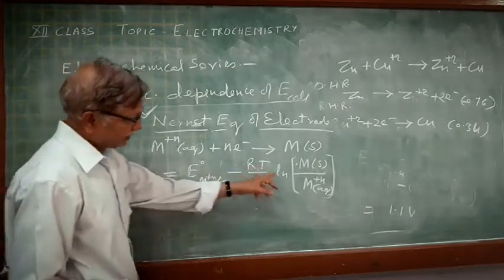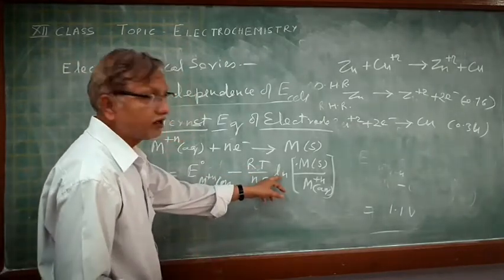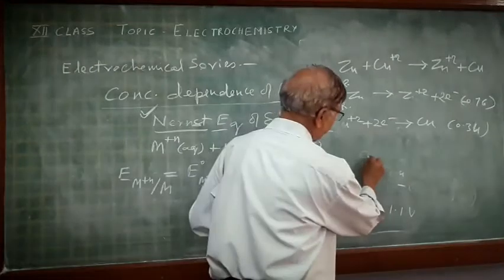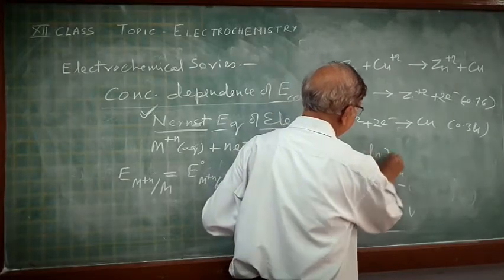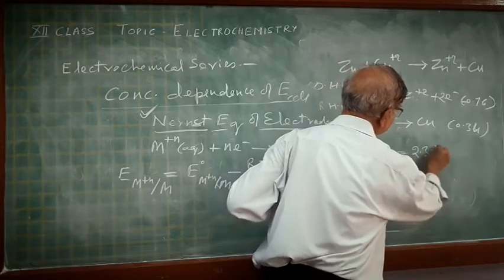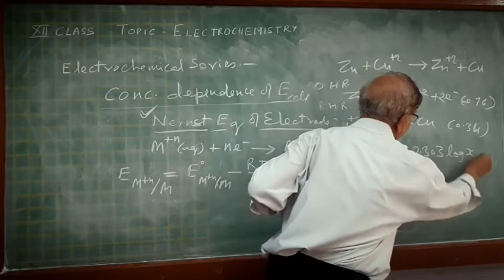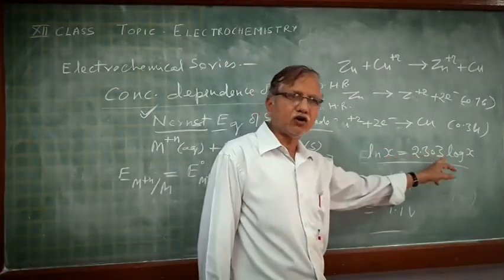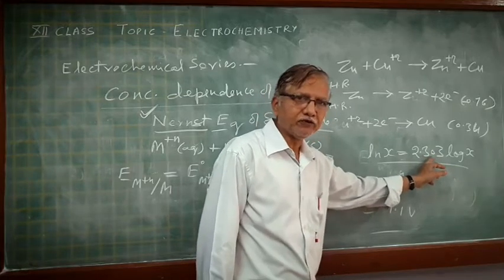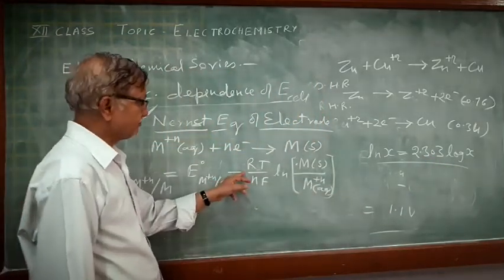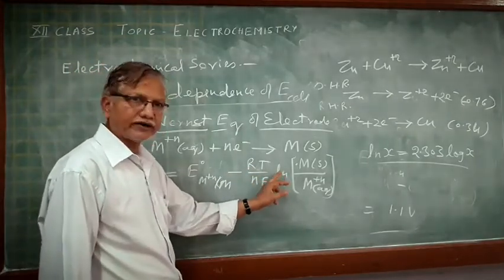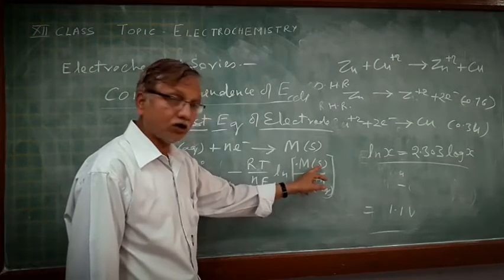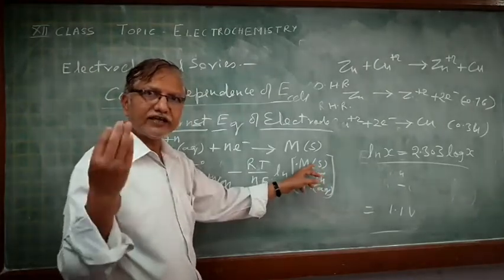So now here, natural log, we first convert the natural log into log 10, and you know the converting factor is a very mathematical equation, ln x equal to 2.303 log x. So from this equation we can understand the converting factor of natural log into log 10 is 2.303. So we multiply this equation by 2.303. We change this natural log into log 10. Here, as you know, the concentration of metal atom is solid, so it will not change. So it can be taken as unity, 1.